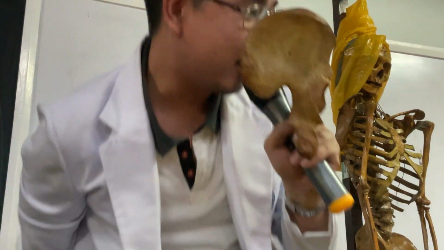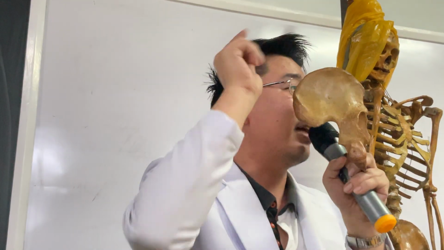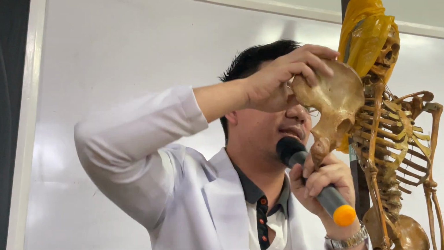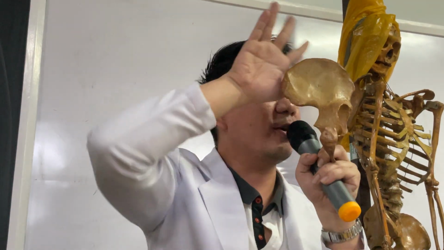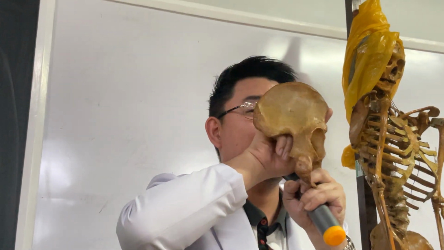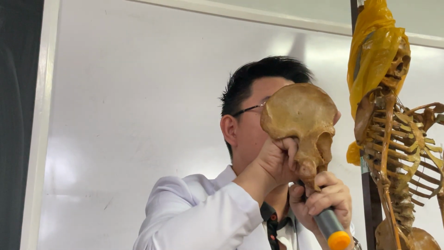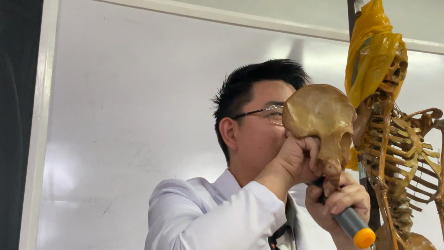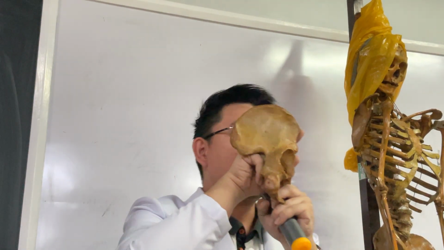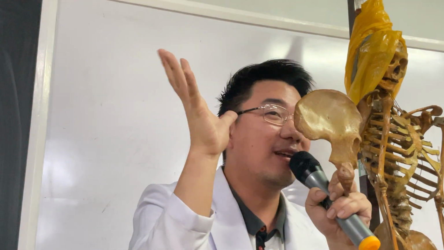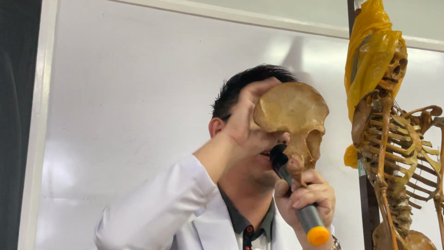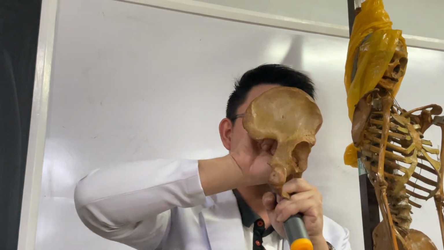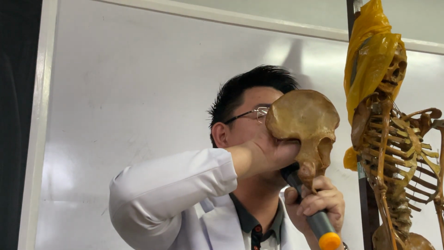You get it now? Anterior superior iliac crest. Why? Because it's located anteriorly, it's located superiorly, and it's in the ilium, and it's a crest. No, not crest, but spine. I'm sorry. Spine. The abbreviation of this is known as ASIS. A-S-I-S. Take double S. ASIS, or anterior superior iliac spine.